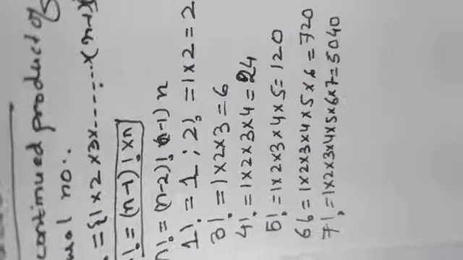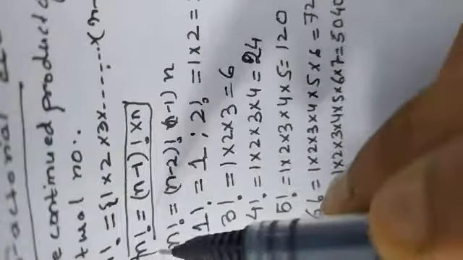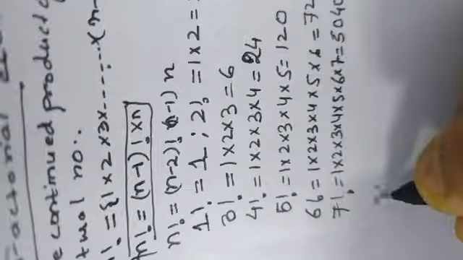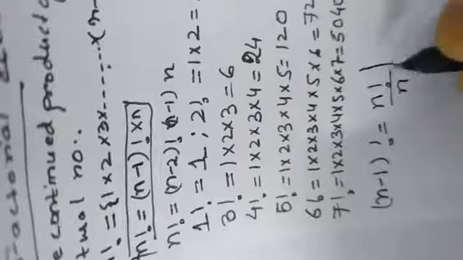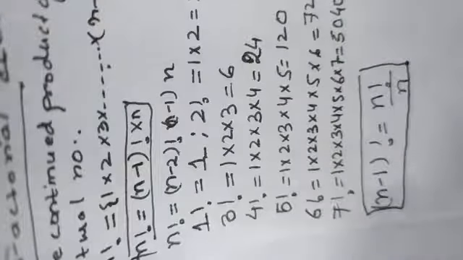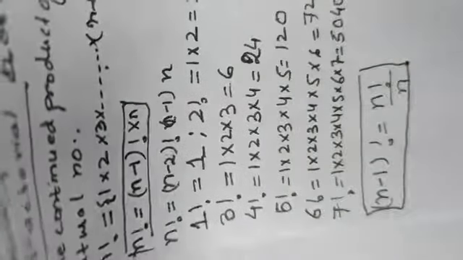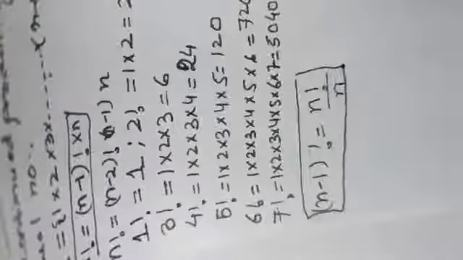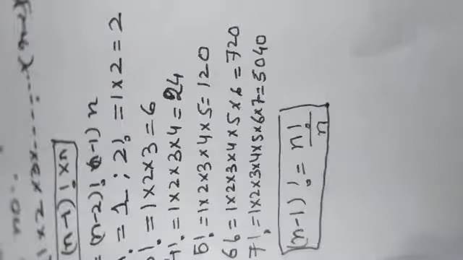Why am I saying that this relation is very, very important? Because if you see in this relation, what I have to do is shift this n towards the denominator of n factorial, and I get n minus 1 factorial is equal to n factorial upon n. Now, many students have this complaint that we are going to find the factorial of a number which is not a natural number, and how can that be possible? So let's see. I told you that it is the continued product of n natural numbers.